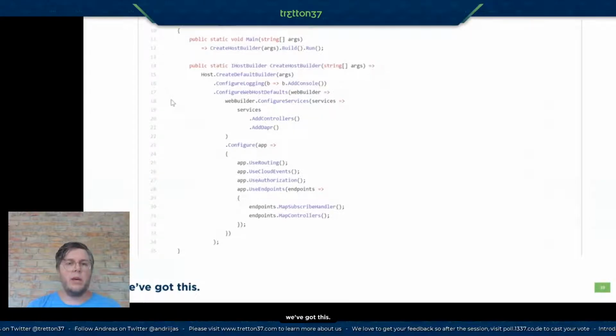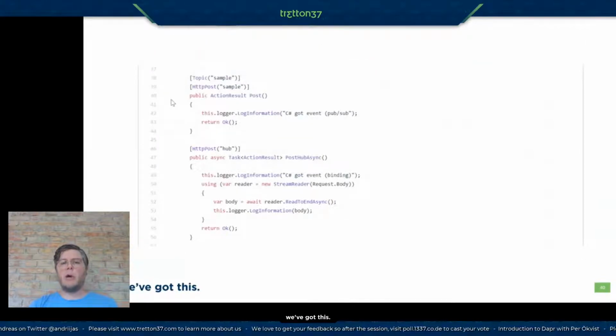So in this case, we register some controller annotations with Dapr, and you also see in the app configuration that we're using middleware for the cloud events envelopes. We have some authentication that comes along, and also the Dapr specific map subscribe handlers. So this is our startup for now that is Dapperized through the SDKs. So now we're going to use controllers together with pub/sub.